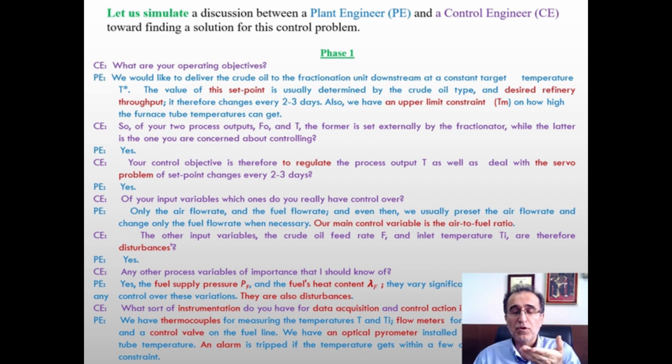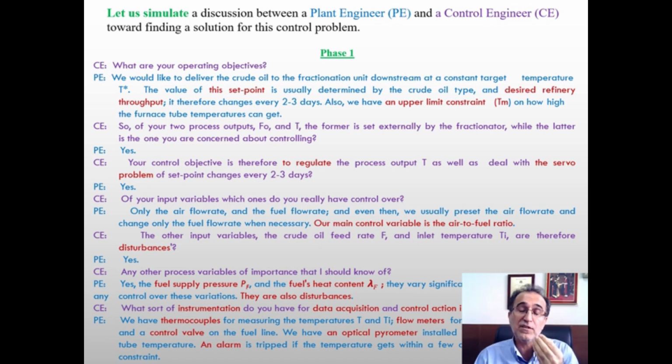So regulatory problem means the set point is fixed, so you need to avoid or suppress the disturbances to keep it at the set point. Servo problem means changing set point. So our problem every 2 to 3 days is a servo problem, but usually most of the time it is a regulatory problem. And then the control engineer will ask what you have